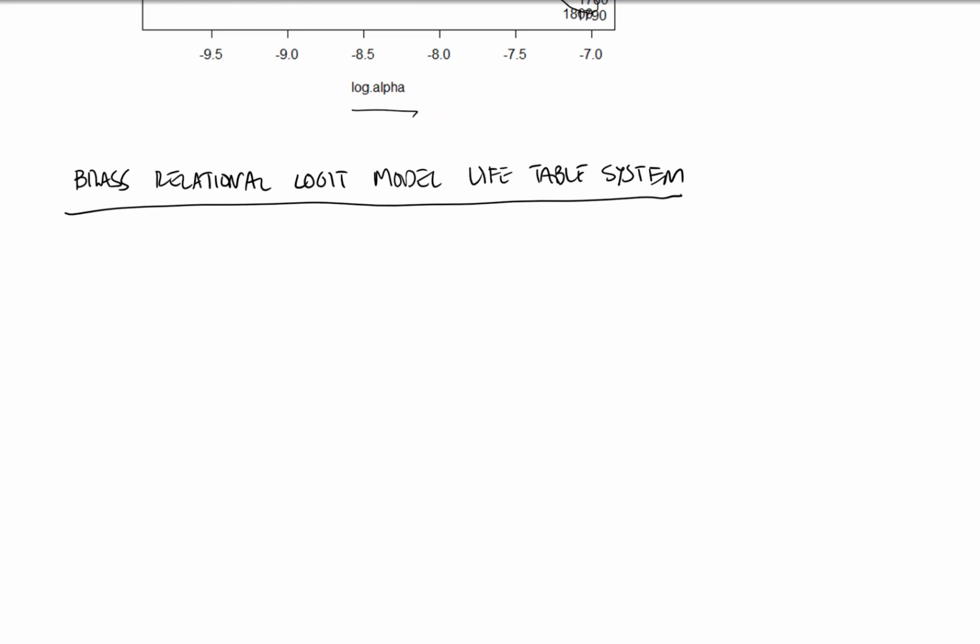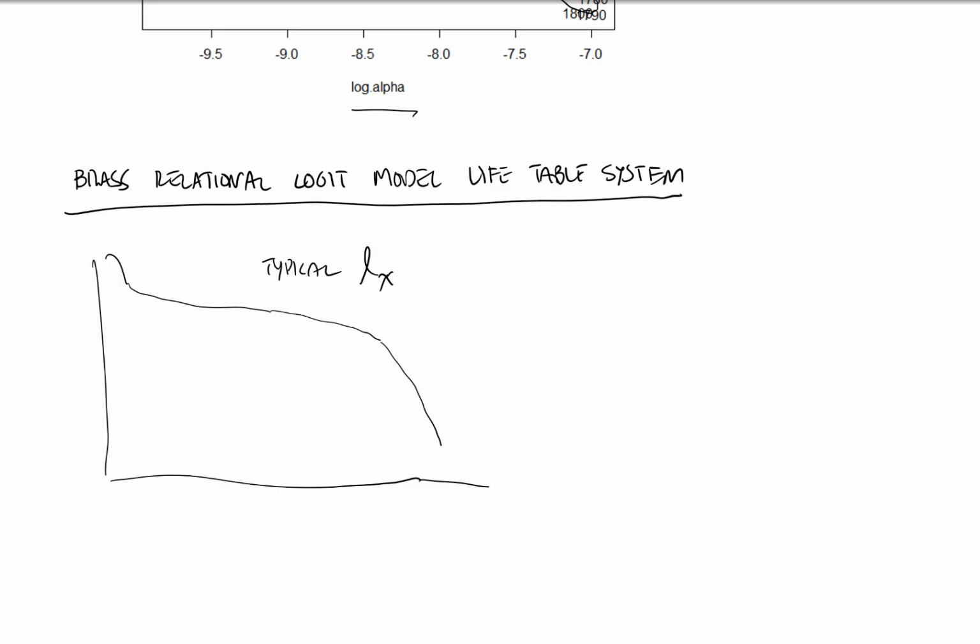So Brass started off, and he was familiar with the life table functions, and what he decided was that he would try to build model life tables based on the lx curve. Now, let's remind ourselves that the survivorship curve looks, I guess in his area, like a steep little drop in the first couple of years because of infant and child mortality, and then it might decline like this, and then after you get to some older age, it goes down. So this was a typical